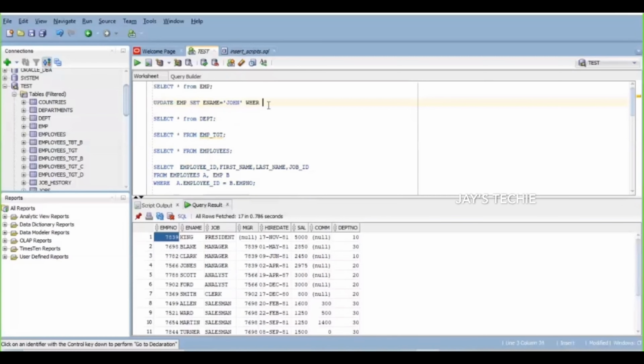So let me write an update script and then run this update statement. I'm not sure if this is a varchar or integer, so let's run this update. Update employee table set ename equal to John. Instead of King, I just want to update it as John. Yeah. So one row updated.